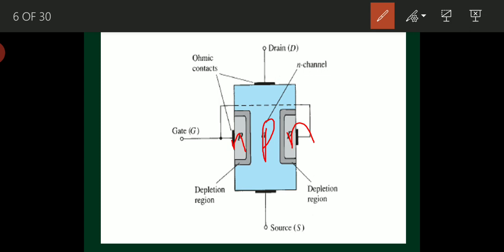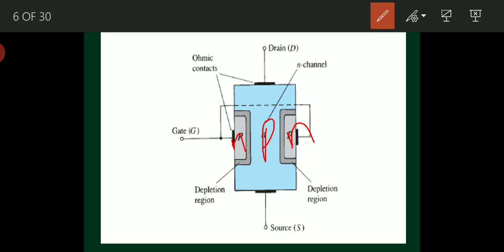I will take a semiconductor silicon substrate and dope it with trivalent impurities to make it P type. And at the center, like a ring, I will diffuse pentavalent impurities to make it N type. So this is the longitudinal cross-cut section of P channel JFET.